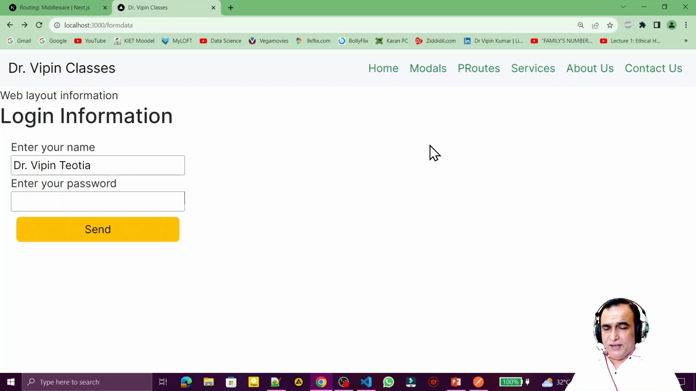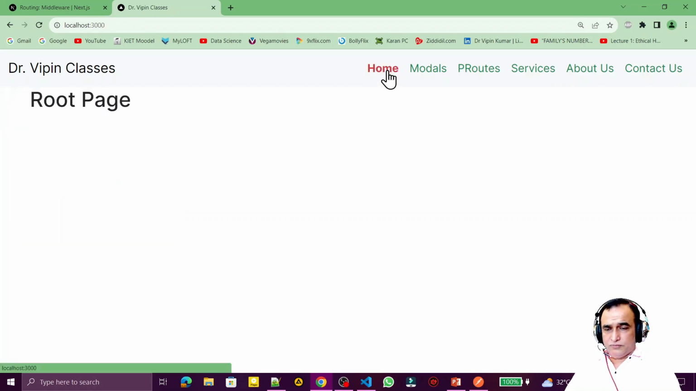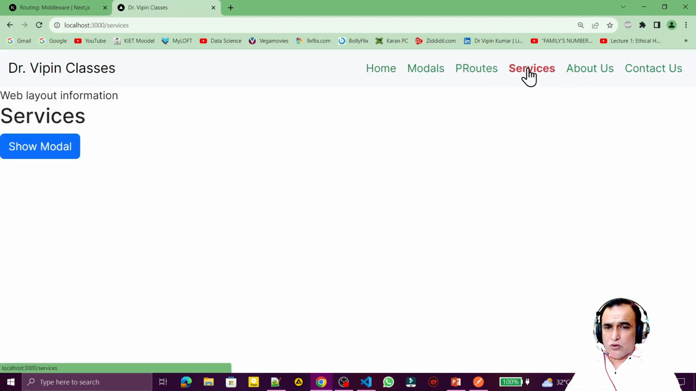For example, here suppose I go to home, so this home I am coming directly, no problem. But if I am going to service or some other URL, I want that I should not go directly to service, I should log in first. Remember that. And this login page is not available here. I can set a login route also, but I am just giving an overview, just an example,